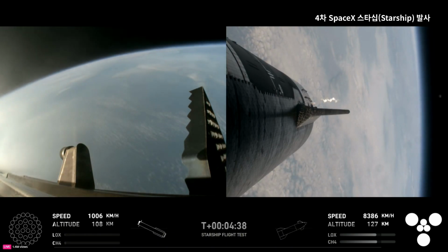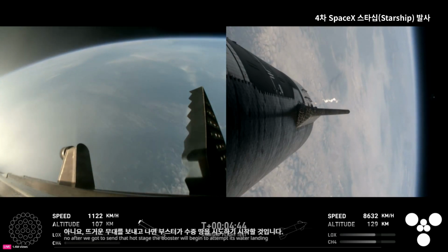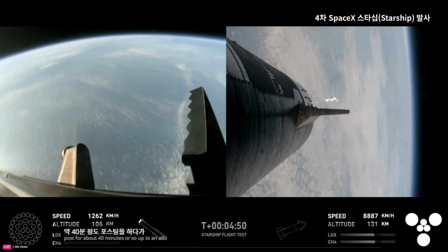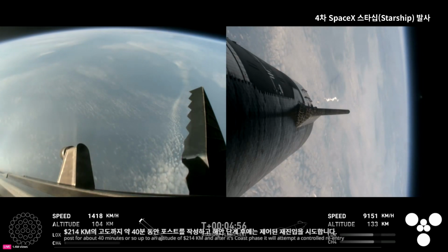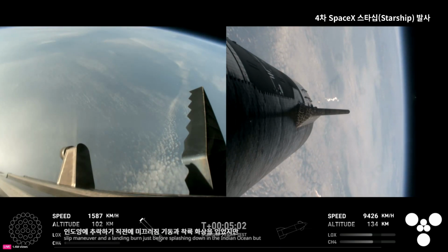Now, after we jettison that hot stage, the booster will begin to attempt its water landing in the Gulf. In the meantime, the ship will coast for about 40 minutes or so up to an altitude of 214 kilometers. After its coast phase, it will attempt a controlled reentry, including a flip maneuver and a landing burn just before splashing down in the Indian Ocean. But as a reminder, we are not attempting...